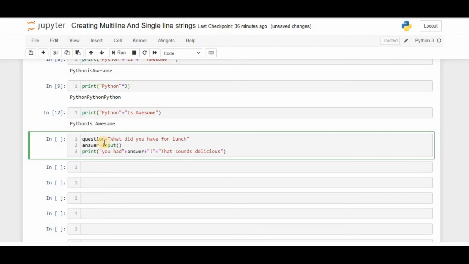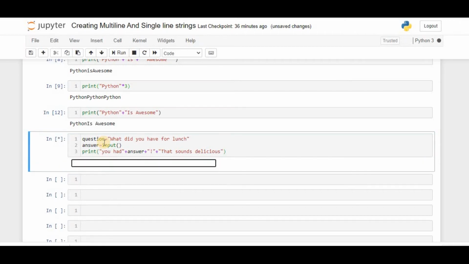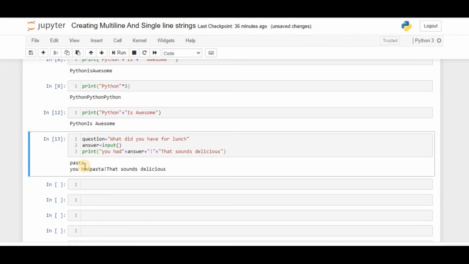Now, what will Python do? See here, Python is going to generate an input box. In this box I'm writing pasta, and I'll press Ctrl Enter.